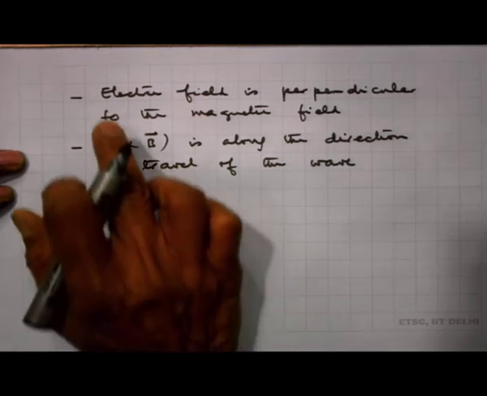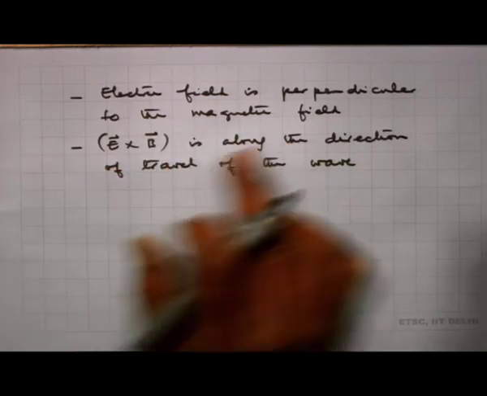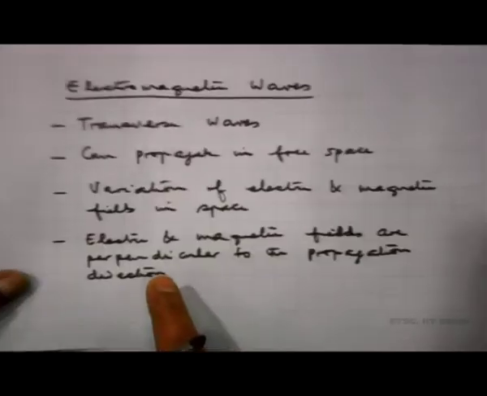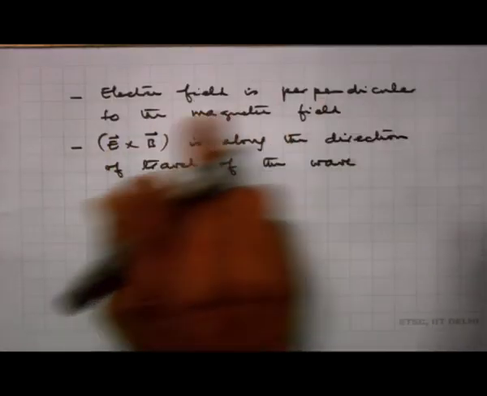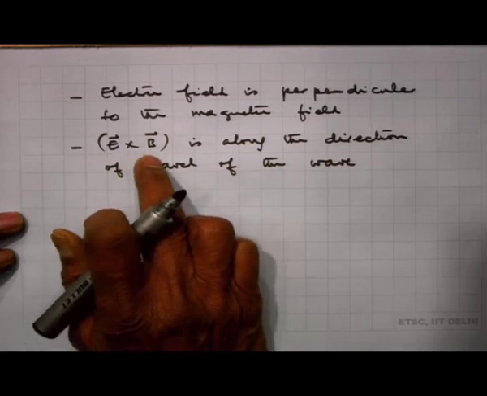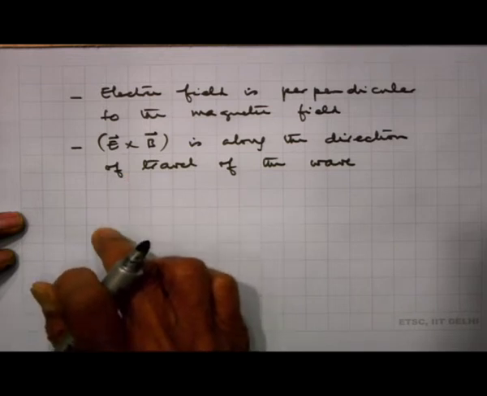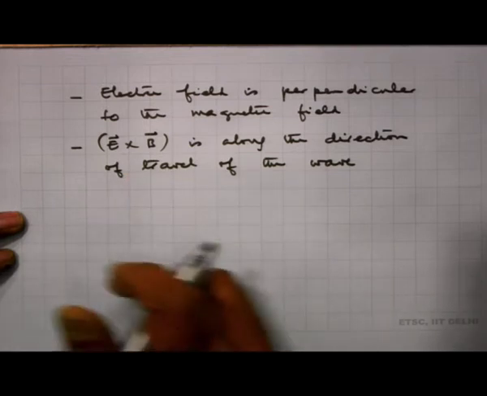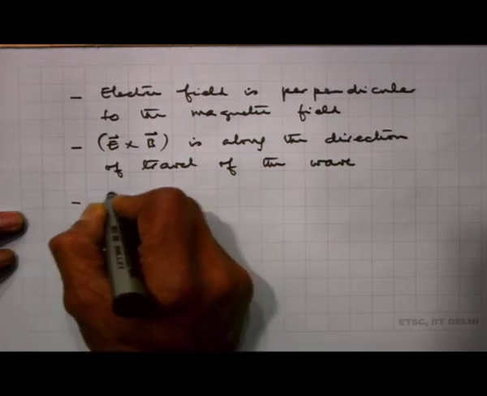So, electric and magnetic fields are perpendicular to the propagation direction. Electric field is perpendicular to the magnetic field, and electric field cross magnetic field is along the propagation direction. So, that means electric field, magnetic field and propagation direction form a right-handed coordinate system, and also